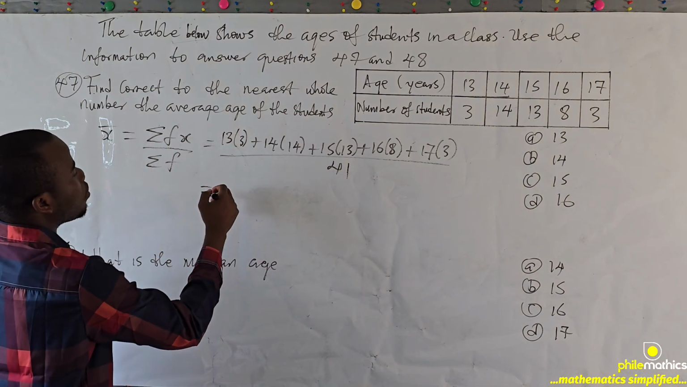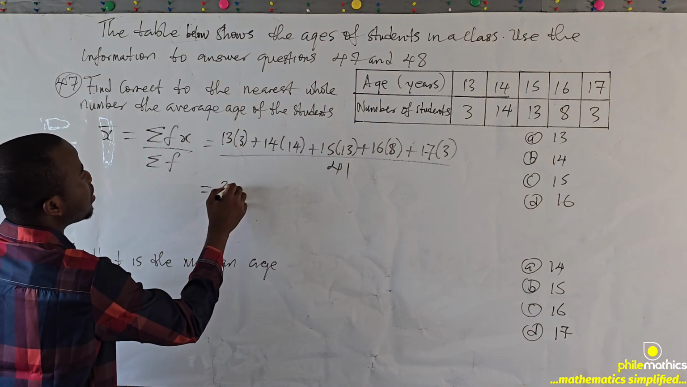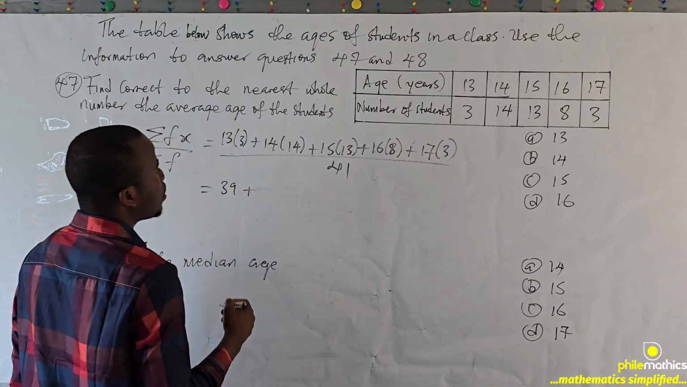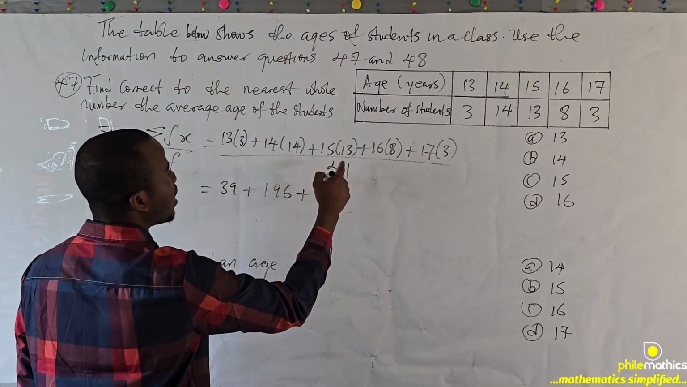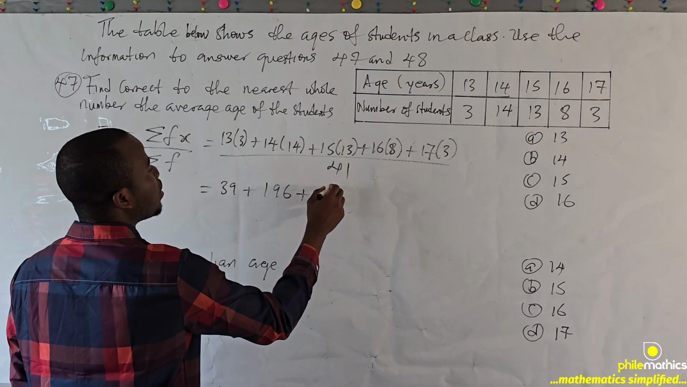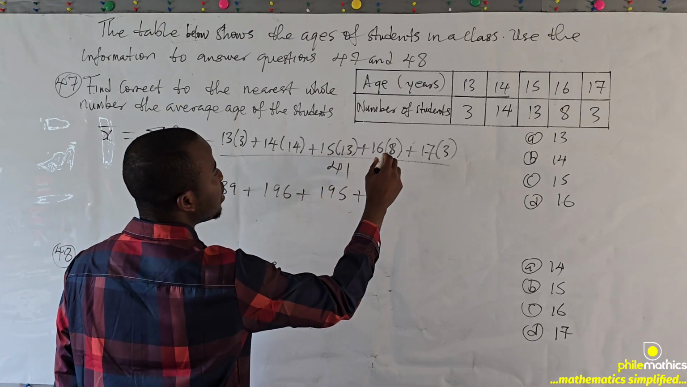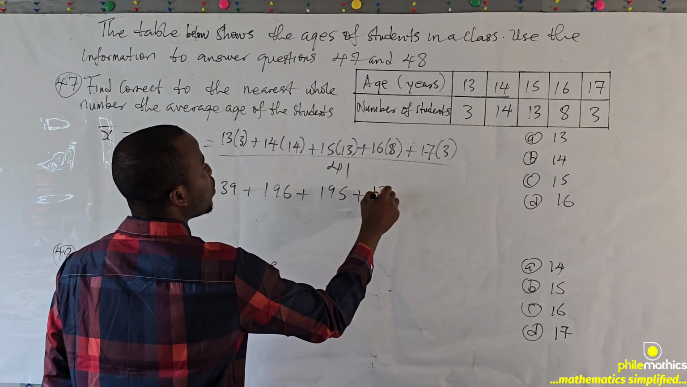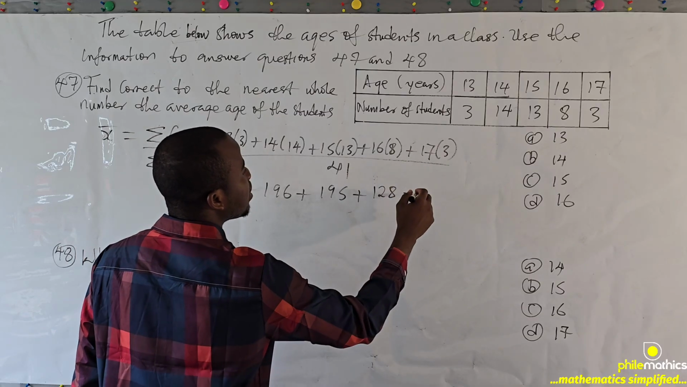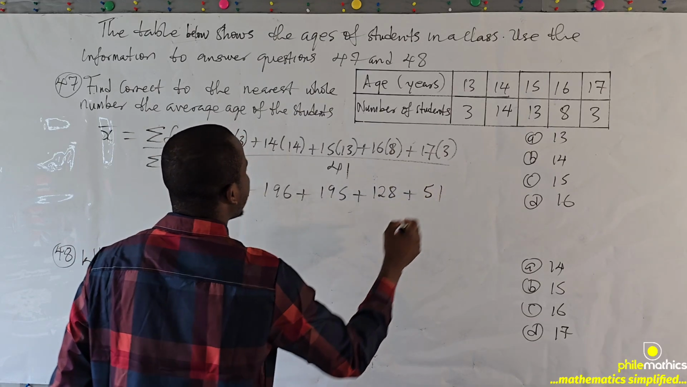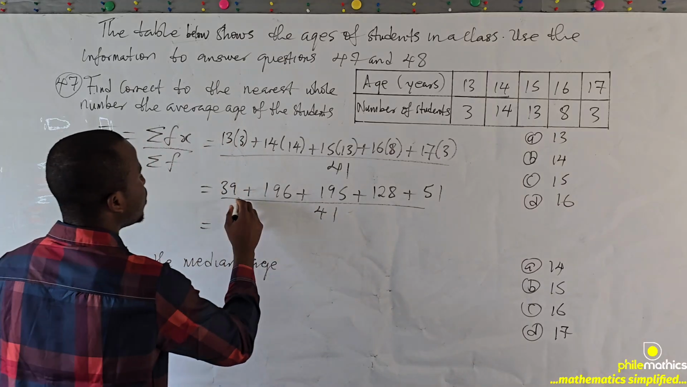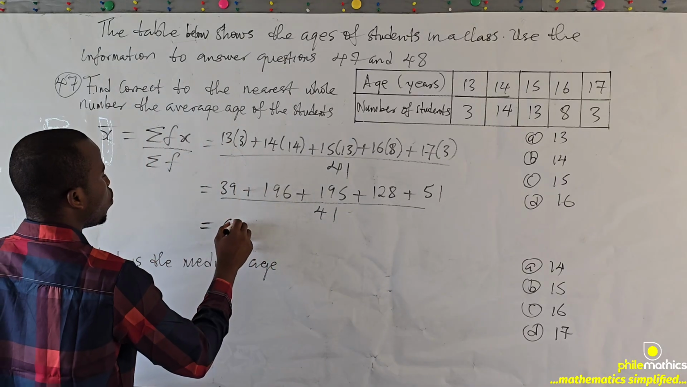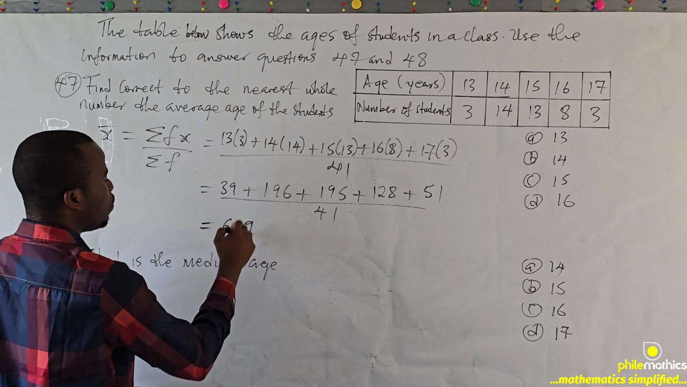So if we multiply, this is 39, plus 14 times 14 is 196, plus 15 times 13 is 195, plus 16 times 8 is 128, plus 17 times 3 is 51. And so we divide this over 41. If we sum this, it will give us 609 over 41. And if we divide this, we will get